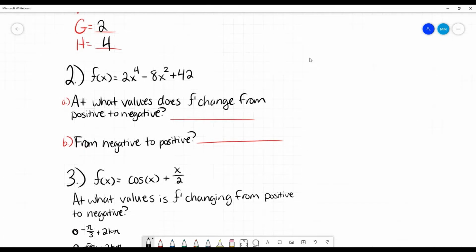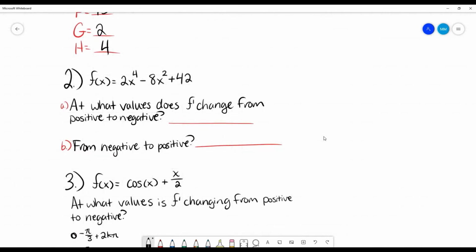Boom. Let's take a look at number 2. We are given that f of x equals this function here, and we want to figure out at what values does the derivative of this function change from positive to negative and from negative to positive. Okay? And all that's really asking is essentially, what are our critical points, and what are they doing there,